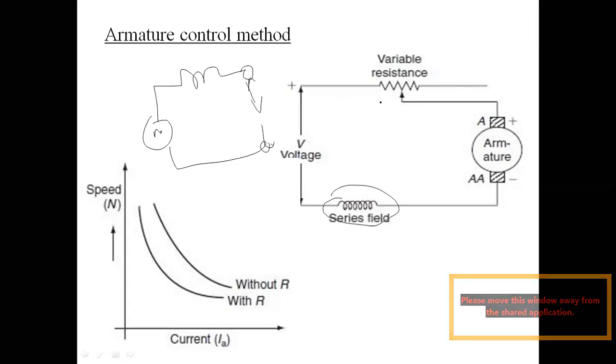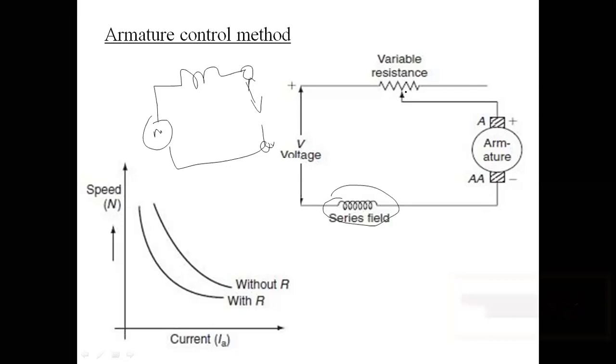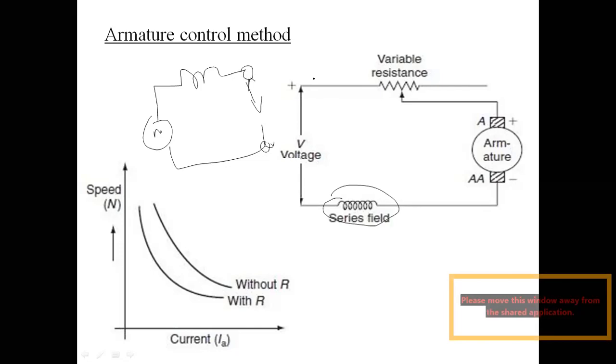So here, this is the simple thing. What will happen when the resistor is varied? This is the current you are going to pass from the supply to the variable resistor. Whenever the current passes through the variable resistor, at the point of this tap, the resistor is going to be included in the armature circuit.